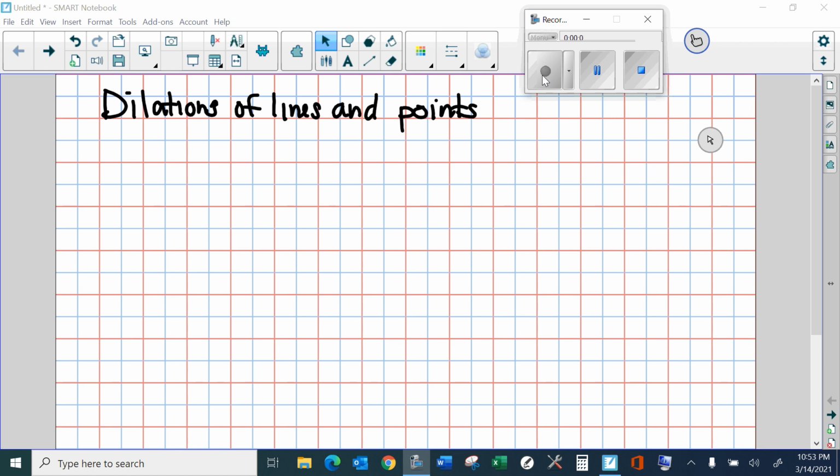Okay, students, we're going to talk about dilations of lines and points. This is mod 4. Mod 4 is all about lines: lines, line segments, systems of lines, graphing inequalities. Some of that you've done in Algebra 1. This is going to have the most relevance from your Algebra 1 material when you deal with lines